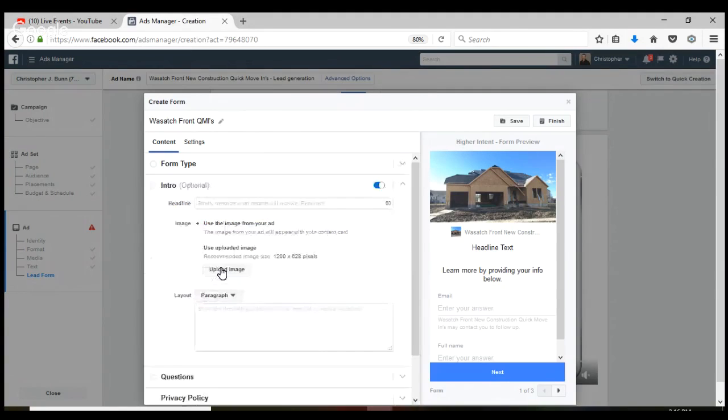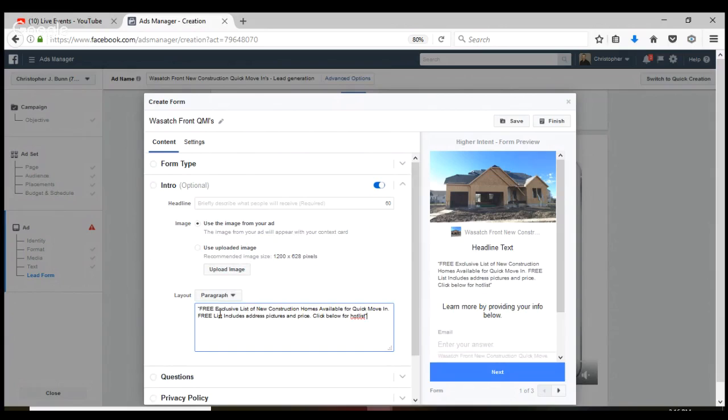Intro, I always love doing an intro too. Headline, what are we going to do? We're going to the paragraph. Okay, so we want to set this paragraph up using the same text that we've been using. Okay, so